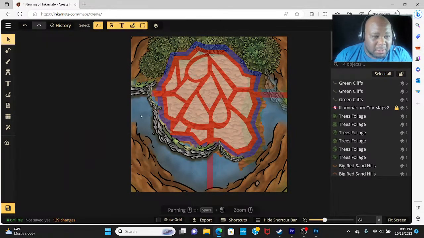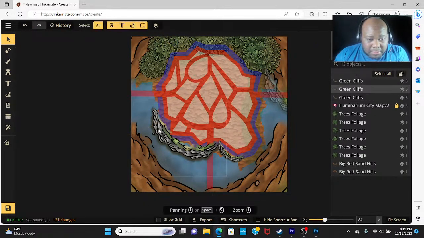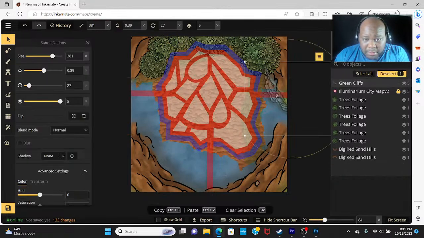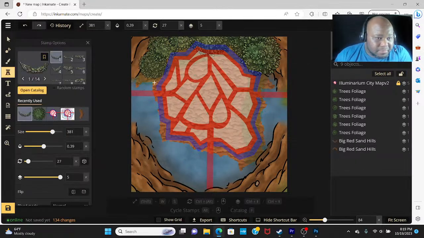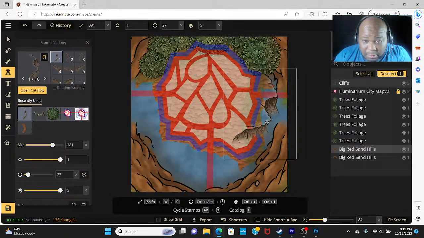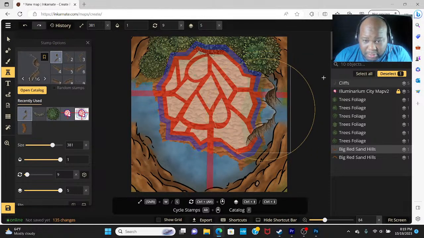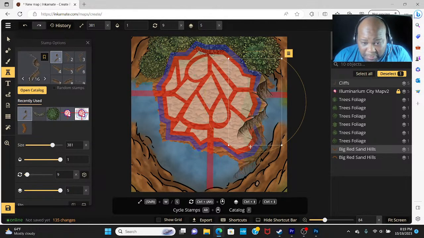So let me take all this off right here. This might be better. Let me see, color. Yeah, this works way better. But the problem is, I probably have to turn it and twist it. But I want to get it inside. I want to get more inside here. I should have used this first, but